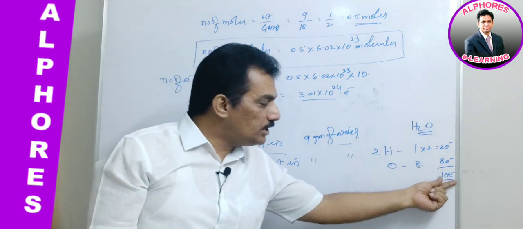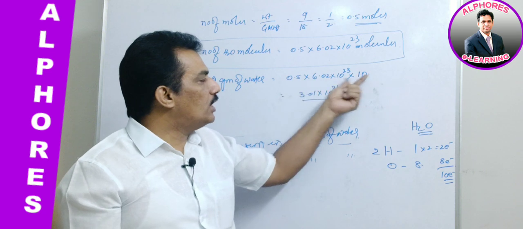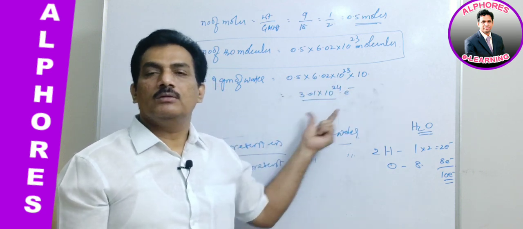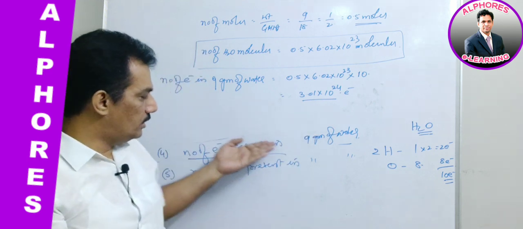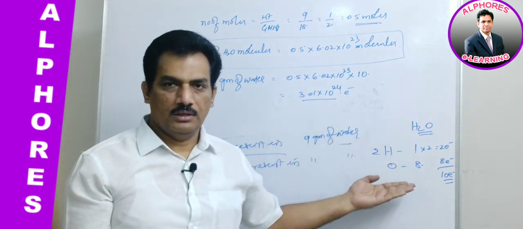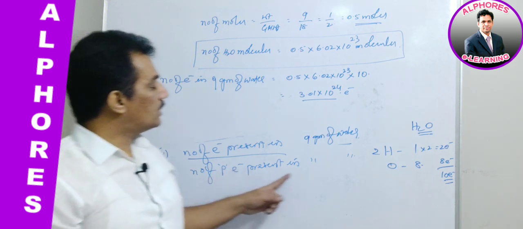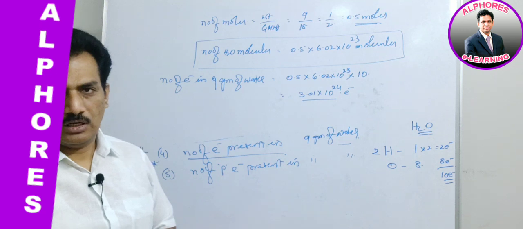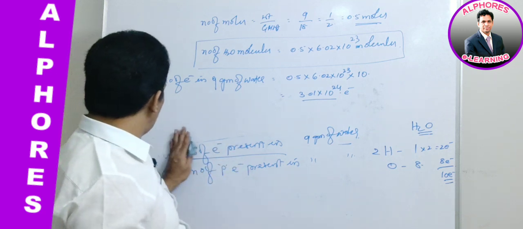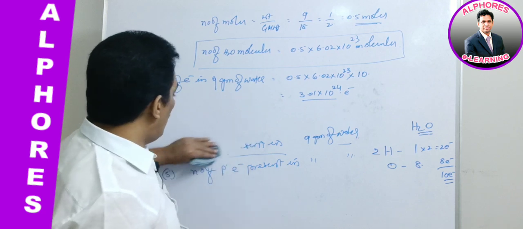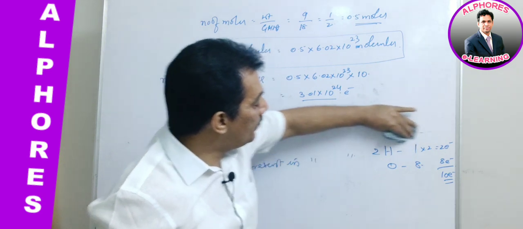Just observe what chemical species they are asking from the data. That chemical species number per molecule, if you know, then the number of molecules into that number is equal to the total number present in the given weight. What we did here is like that. Clear? And next, one more complexity here is the number of p electrons present in 9 grams of water. They are not asking the total electrons. Again, the question is similar to this, but a step ahead of this one. It is the number of p electrons.